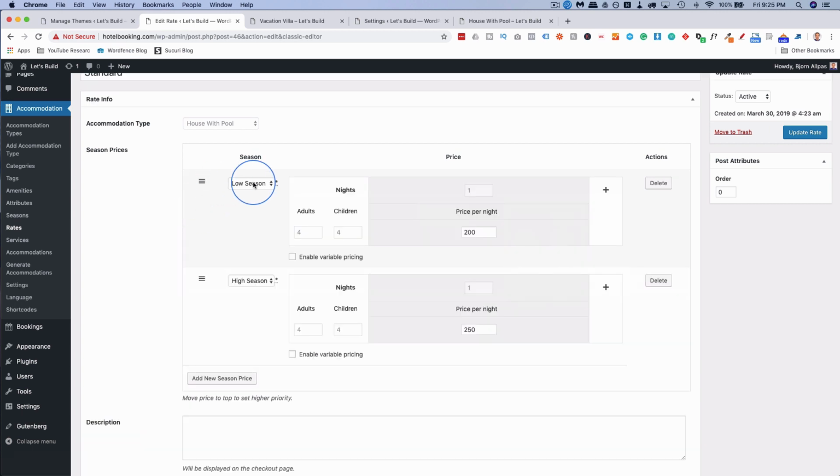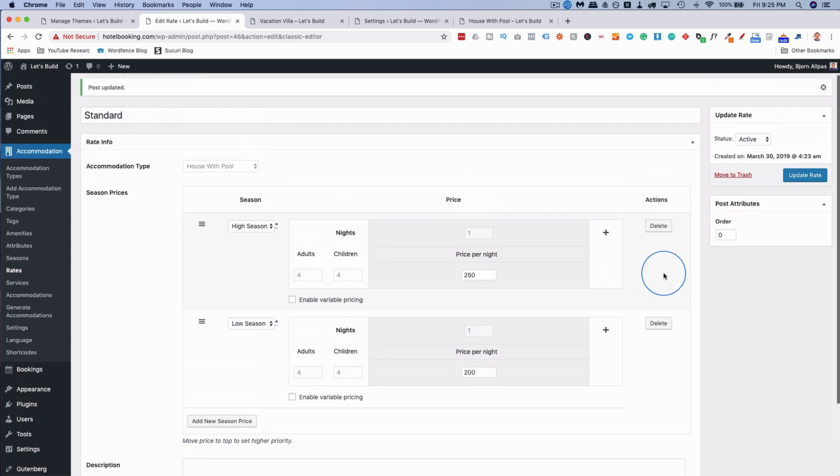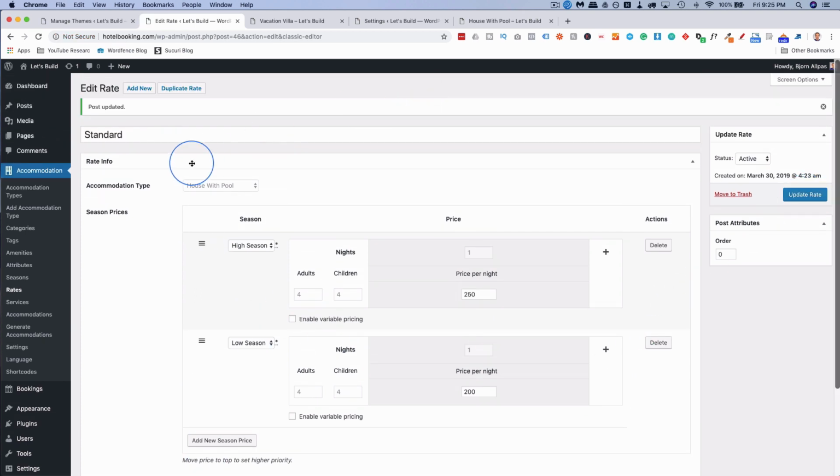So the low season, if there's overlap between low and high season in the calendar that we set, then low season would take priority for any days that there's an overlap. In this case, if I put high season back on top, then high season will take priority. So that's why you can drag and drop these things. I'm going to click on update rate, and now I'm going to click on duplicate rate to add another one